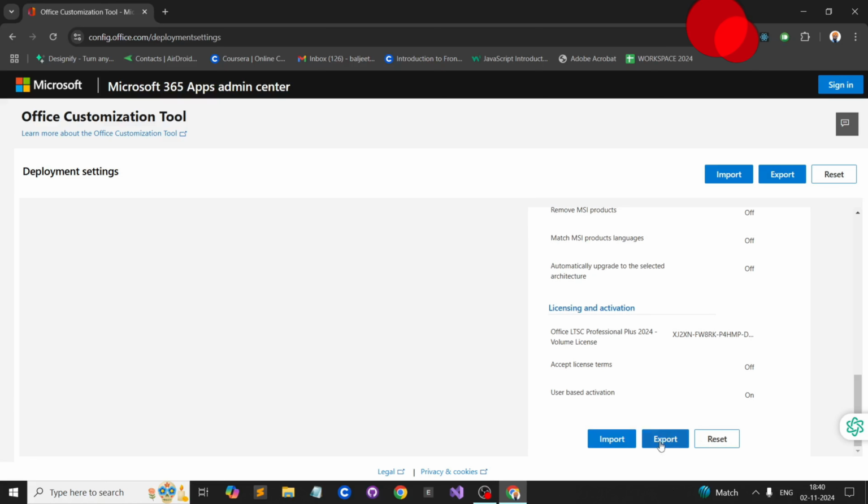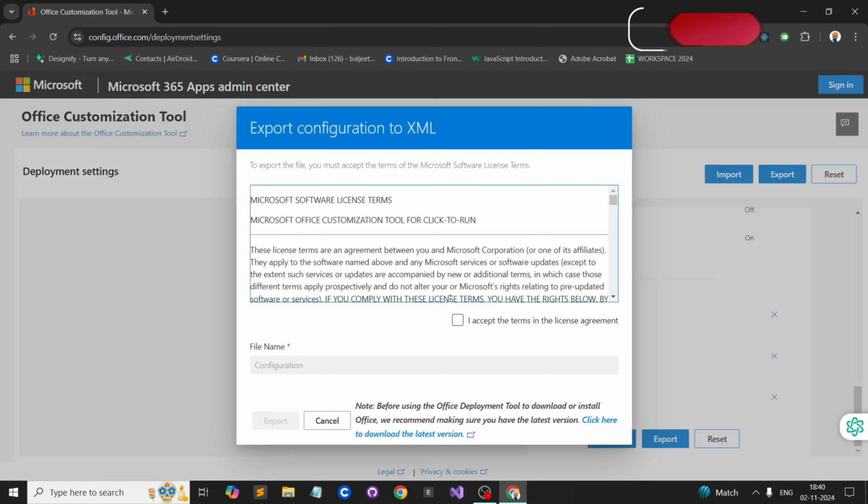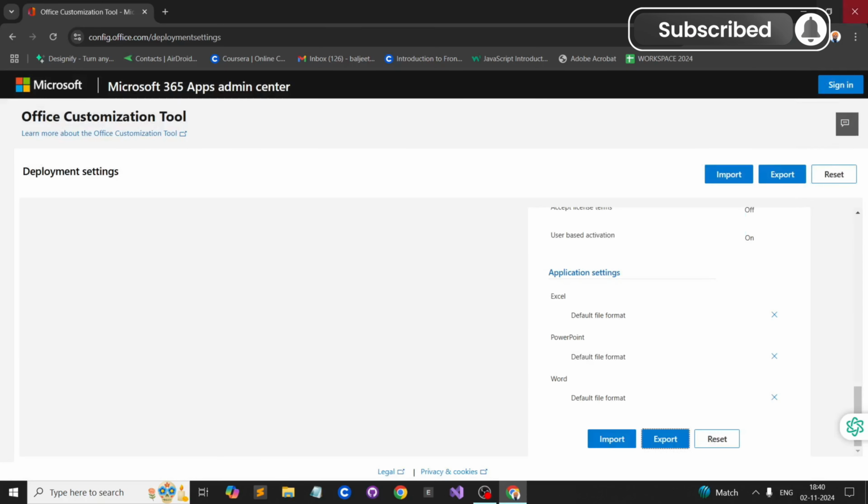And after that guys, you have to export it, and here set the file format as XML. Click on OK. Accept the license guys, and then export it. And you guys see configuration.xml is downloaded. Go to this folder path,